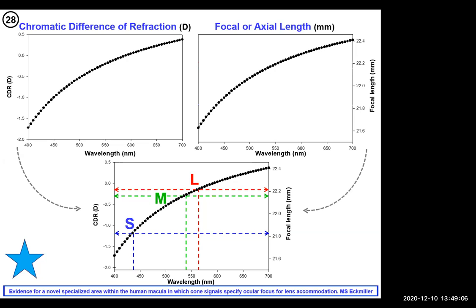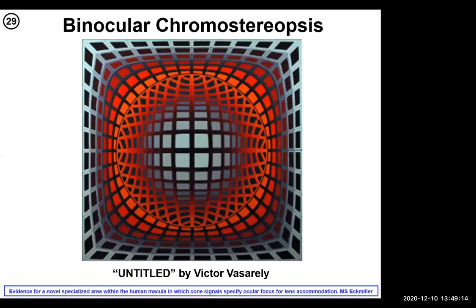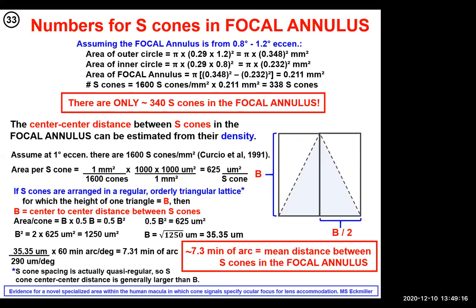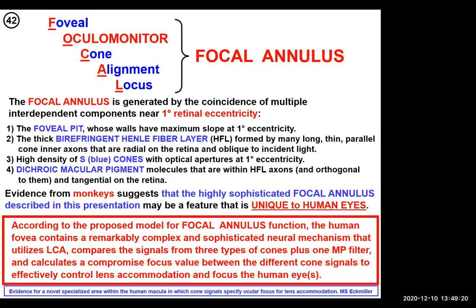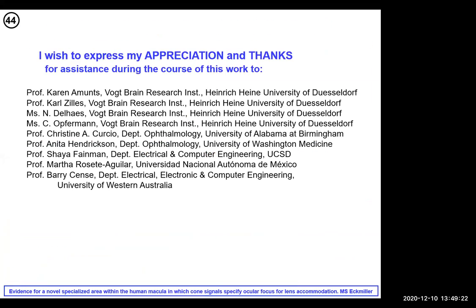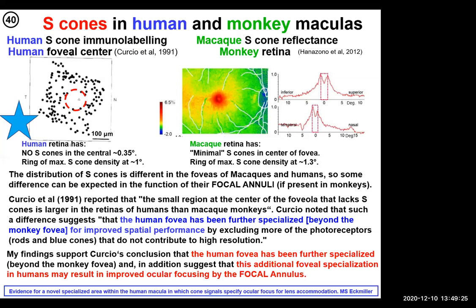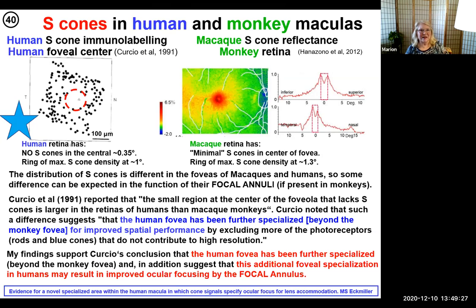So if no one has a question, I would like to ask. You were mentioning that monkeys seem to have a less developed focal annulus, and I was wondering if you have any ideas or speculations about this from an evolutionary perspective. Okay. So here is one more slide that I had prepared, but I threw it out for reasons of time.